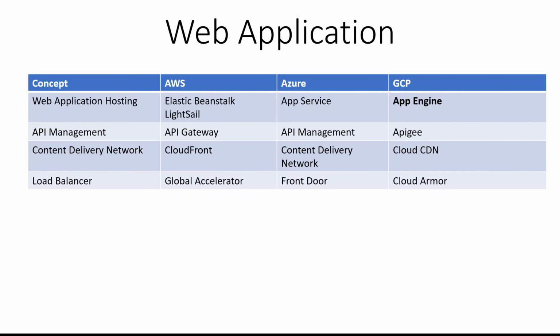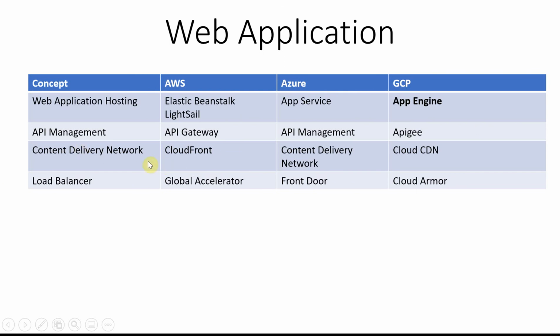The answer for that in the respective worlds is CloudFront in AWS, Content Delivery Network in Azure, and Cloud CDN in GCP. CDN is again content delivery network. We see the word cloud here again. So that's about this content delivery network. It caches all your images so that your rendering will be faster.